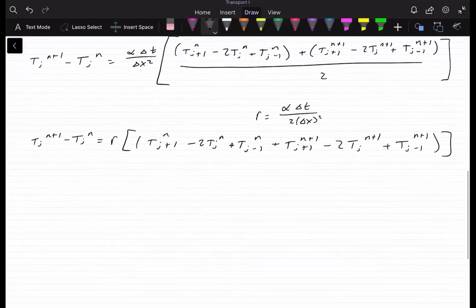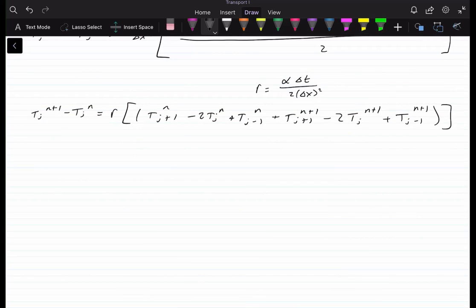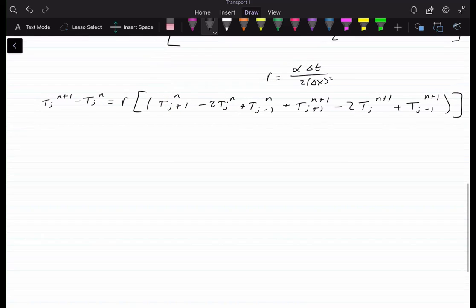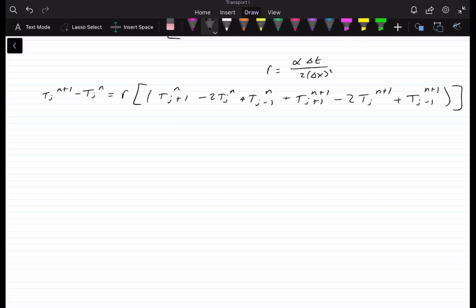Close both of those. And then we can go ahead and distribute the r into here, to each term, and then just rearrange it. I'm going to put all of the n plus 1 terms on the left side, because that's what we're going to be solving for, the temperature at a later time. And I'm going to put all of the n terms, so all of the temperatures at the current time at the position, on the right side. So rearranging that, that's going to give you